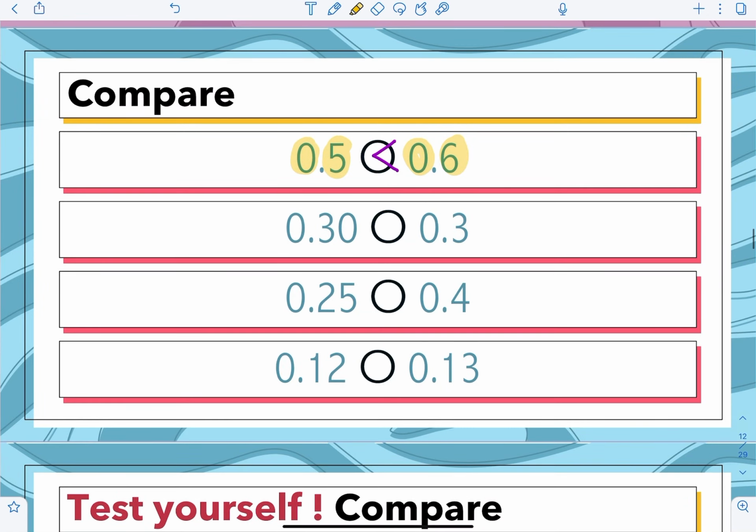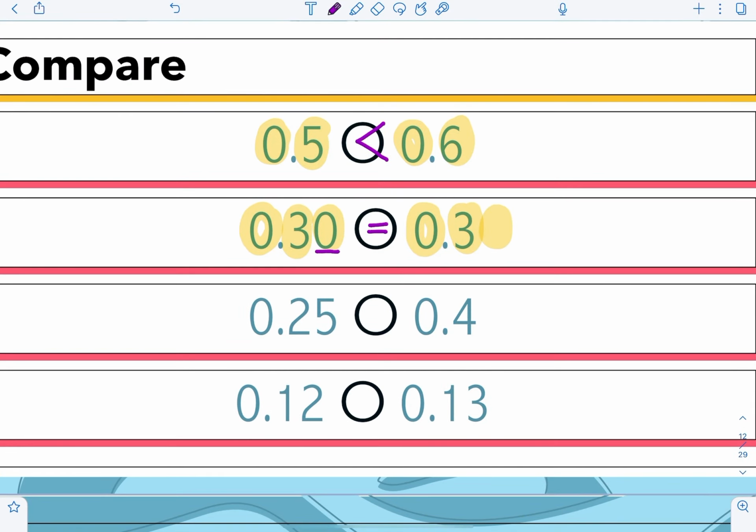After that I have 0.30 and 0.3. I need you to focus on that one because both numbers start with a 0. After that here I have a 3 and here I have a 3. So until now they both are the same thing. But after that here I have a 0 and here I have nothing. So which one is bigger, the 0 or the nothing? Of course, they are both the same thing. So 0.30 and 0.3 are equal to each other,